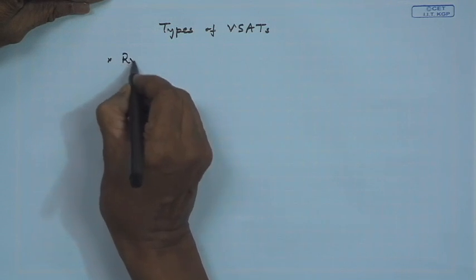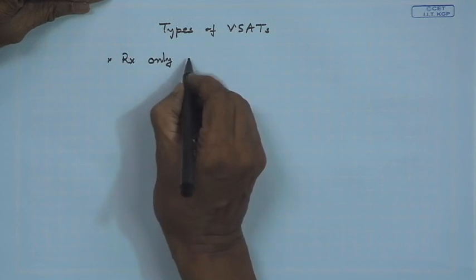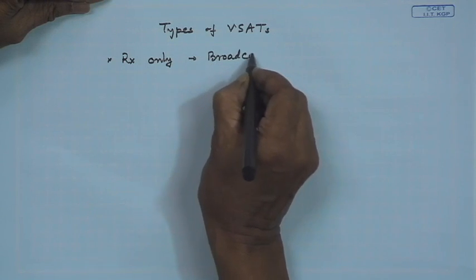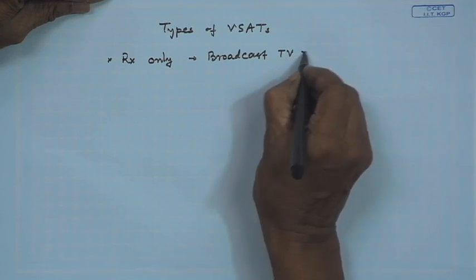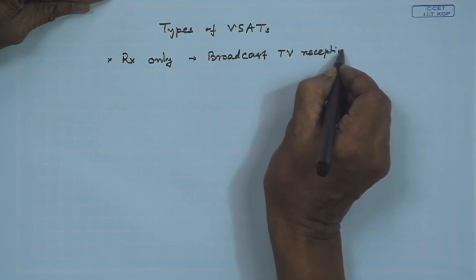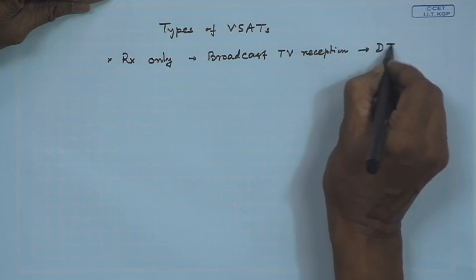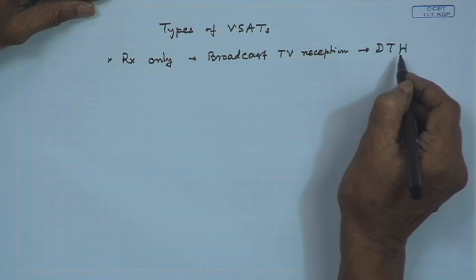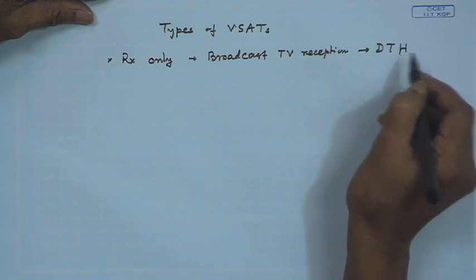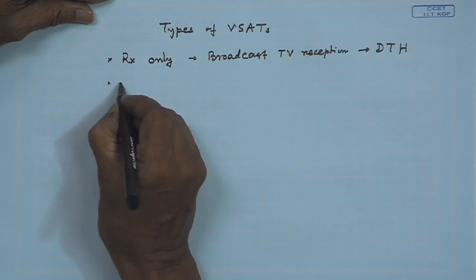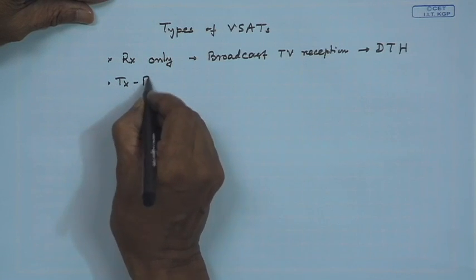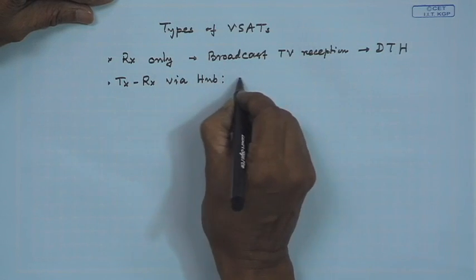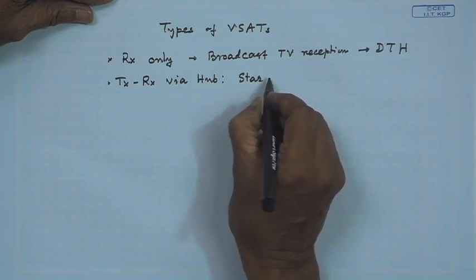That is receive only, that is for broadcast TV reception, called DTH. Its antenna is very small, less than 1 meter, and only the receive chain is there. Then transmit and receive via hub. This is a star configuration and